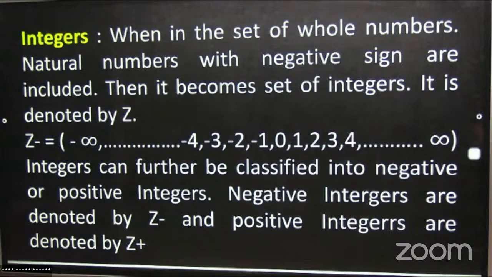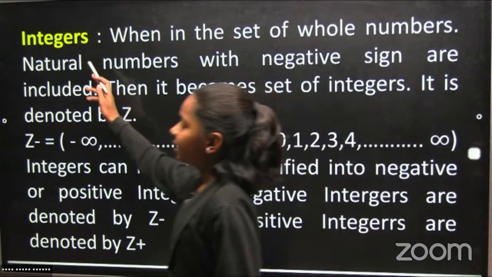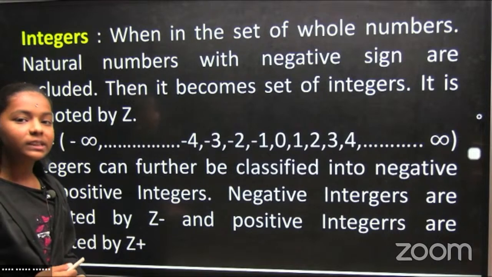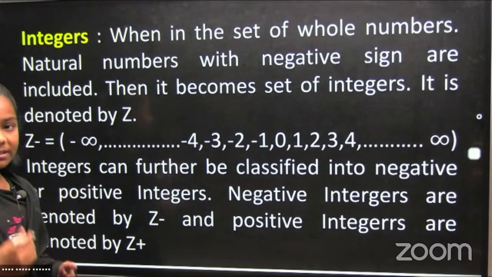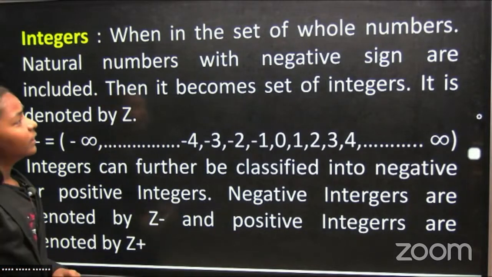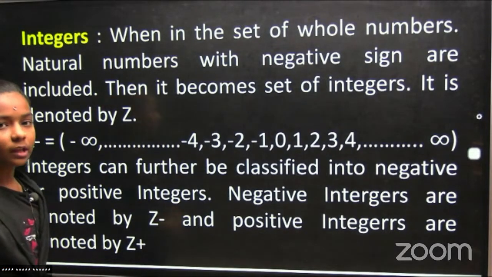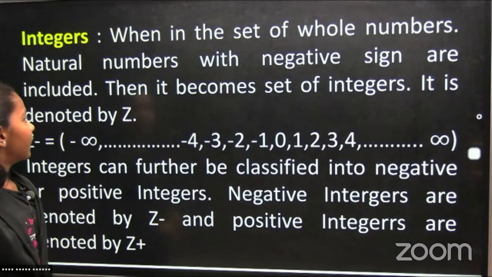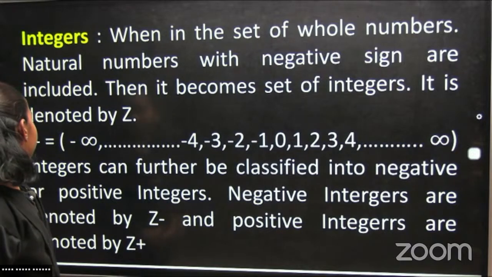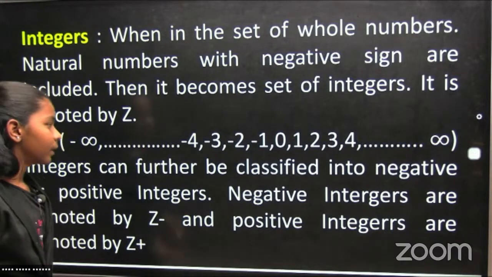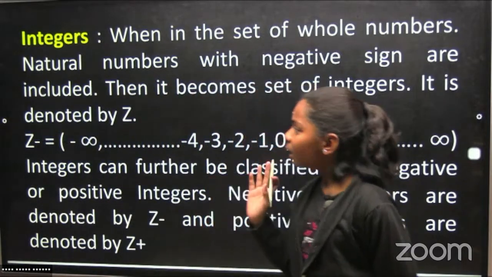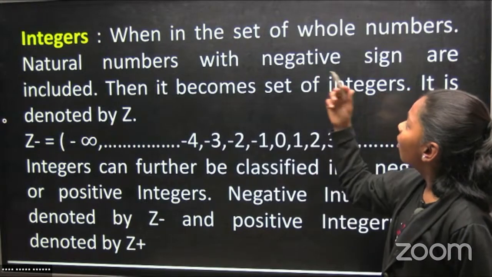First, write this title. Did you write this title? Now, see here. Please understand first and then write this whole. Integers: when in the set of whole numbers, natural numbers with negative sign are included, then it becomes the set of integers. It is denoted by Z. Yes. The meaning of the definition is when the set of